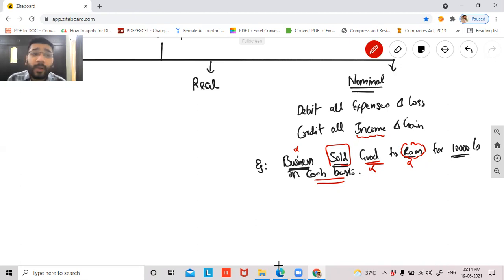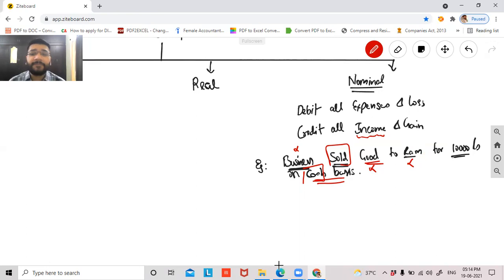Then what will you record, sir? One account is sale. What is another account? Sir, cash. Okay. Not purchase. We are selling it. So we have to account from the business point of view. From Ram's point of view, it is purchase. But I'm not accounting from Ram's point of view. I'm accounting from business point of view. For business, this is a sale transaction, and it is a cash sale transaction. So the two accounts that are affected here are sales and cash. Sales and cash. What do you have to say on this?